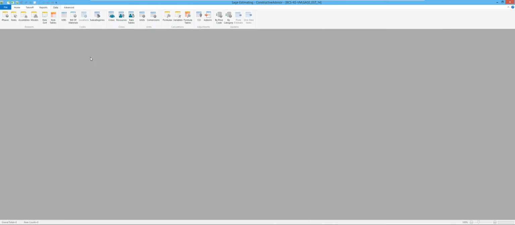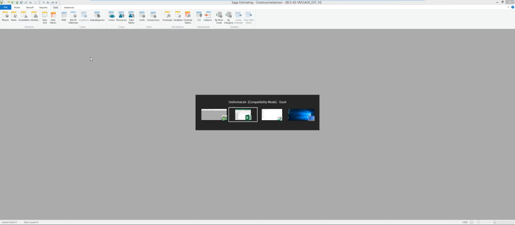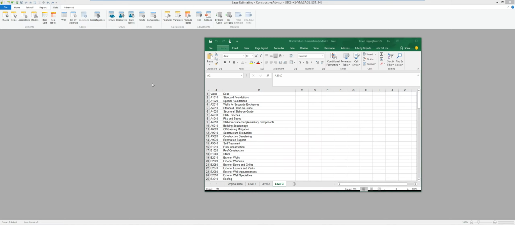In this session, we're going to talk about how to take your master format database, divisions 1 through 16 or 1 through 48, depending on what era of number scheme you're using, and be able to actually utilize that same database and also look at it in uniformat order. That way you can look at it a little bit differently, and I don't have to have two separate databases or anything of that nature.